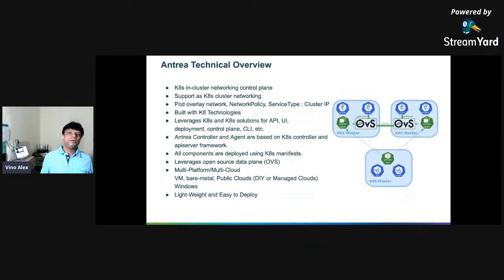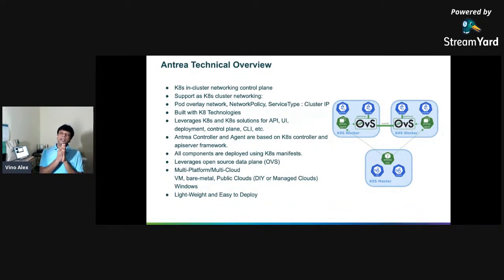It depends on the overlay networking model, and it supports network policy and the ClusterIP type service also. And it is using a lot of native K8s technologies, and that will help the project also, because of the stability of the project, since it is depending on a lot of K8s native technologies.